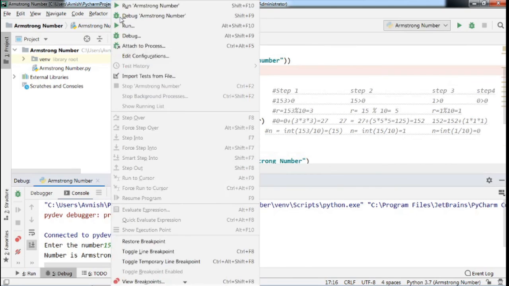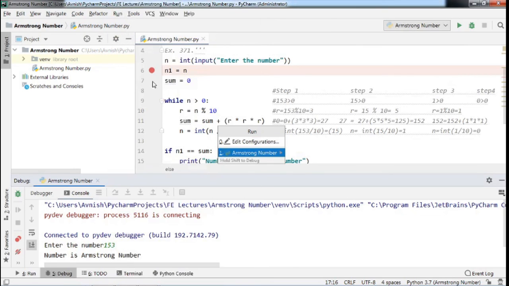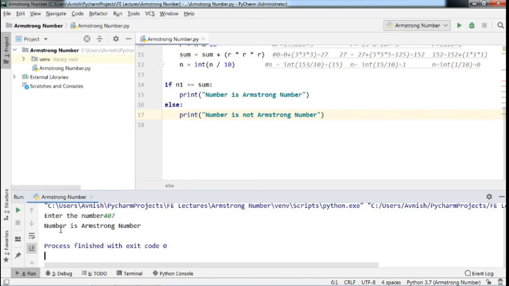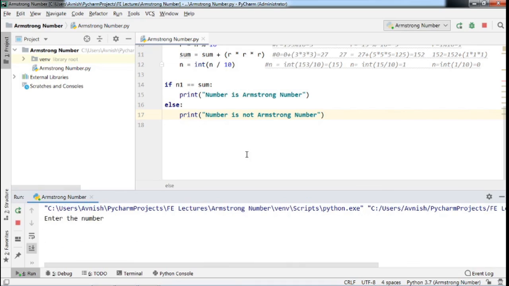We will take another example here. That is 407. That we already discussed in our PowerPoint presentation. Okay, 407 is an Armstrong number. Suppose we take another input example, 408.